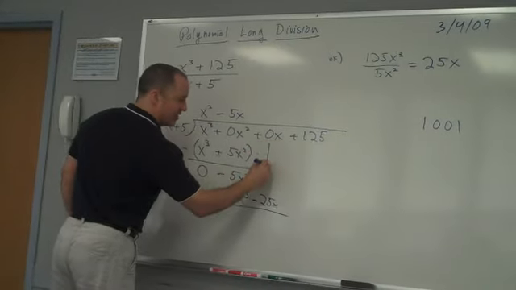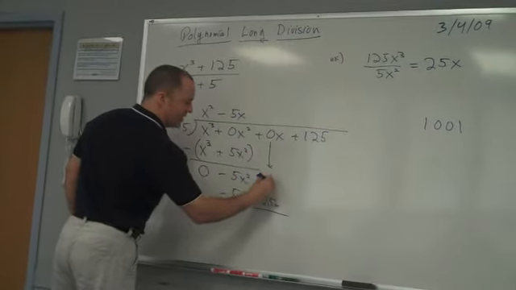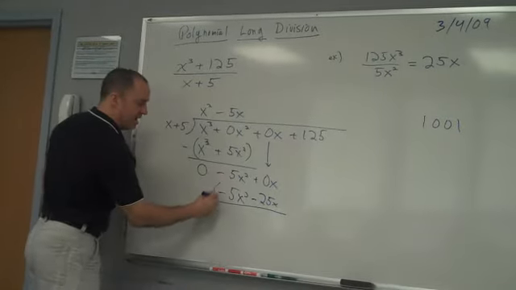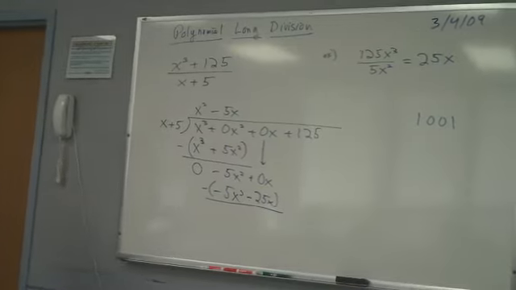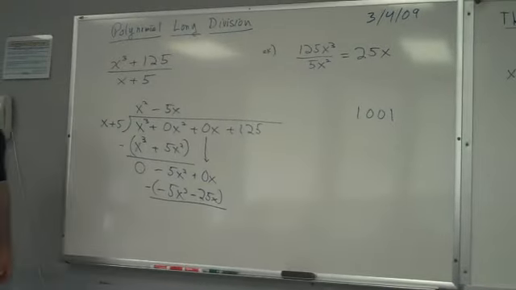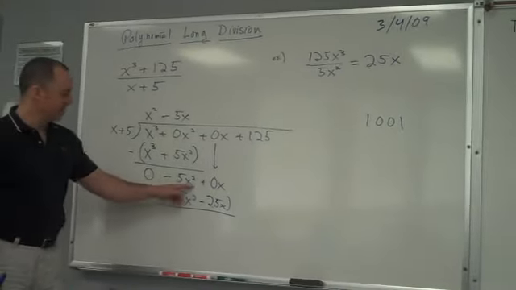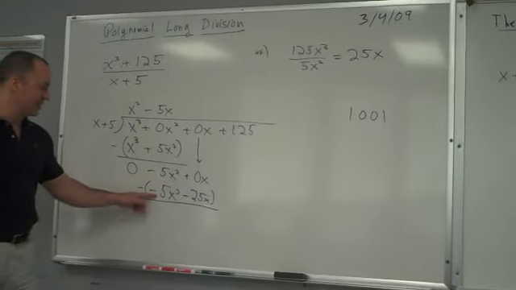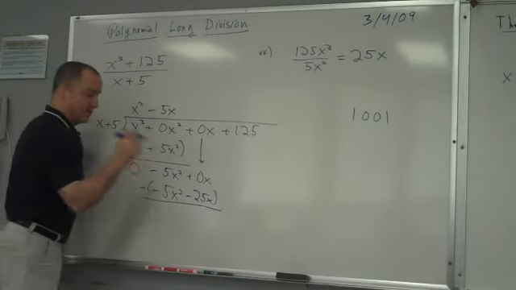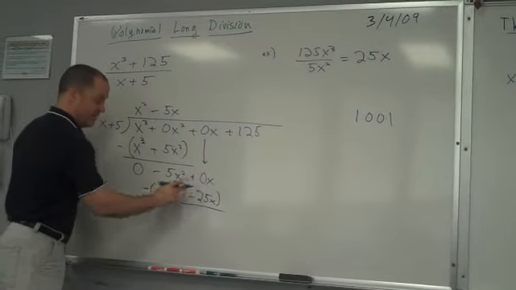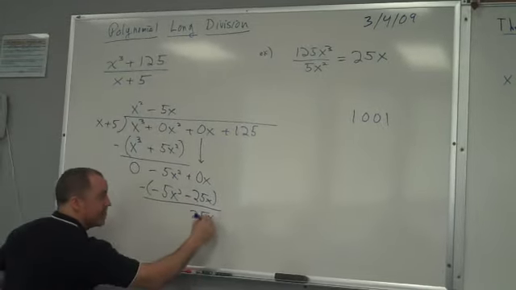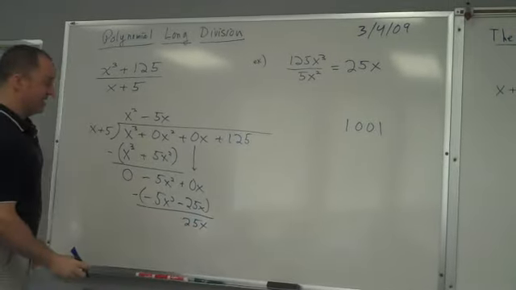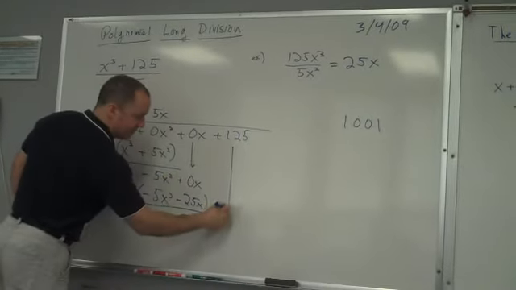And now I bring down the 0x. I could have brought down the 0x first. And I always write these parentheses to remind me that I am distributing the act of subtracting. Minus 5x squared minus negative 5x squared goes bye-bye. Positive, good Saul, yes. 0 minus a negative gives me 25x. Okay? And I'll go ahead and bring down the plus